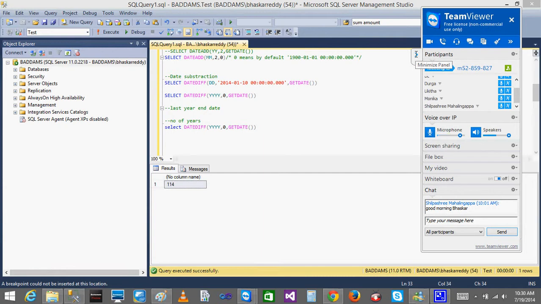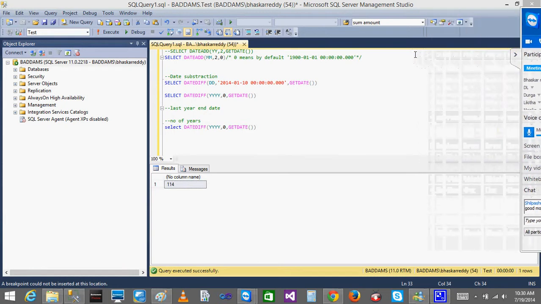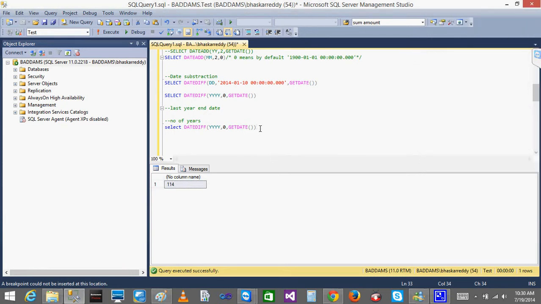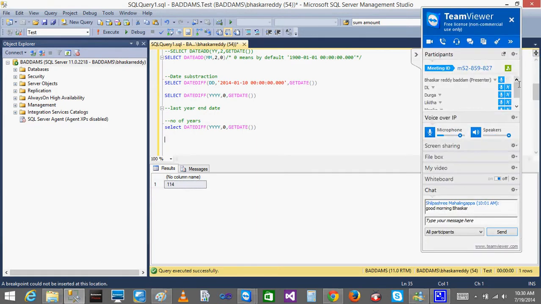Now again the pop-up box is there, Bhaskar. I disconnected and came back. Now the pop-up box is not there. Who are seeing the pop-up box now? Durga, Monica?